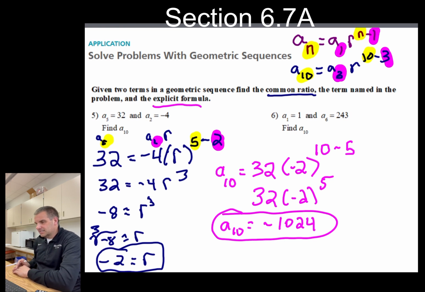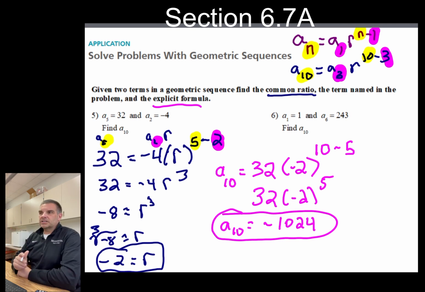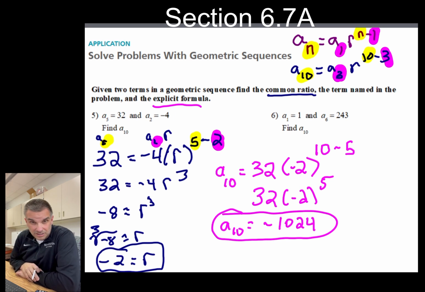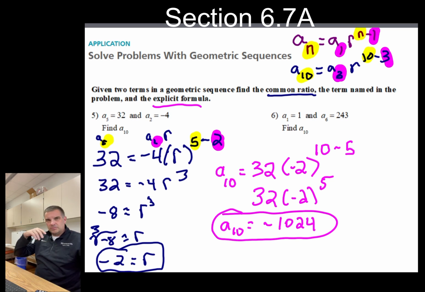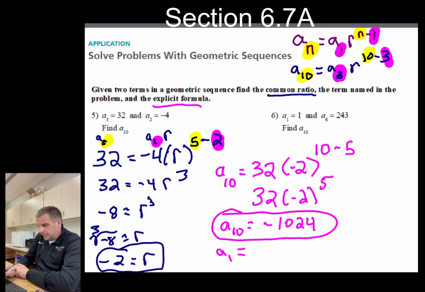The last thing it asks us to do is find the explicit formula. Well, in the explicit formula, you need the first term. We don't have the first term, so we have to find the first term. Now, could you do it backwards just by dividing by your ratio? Sure. You could divide by -2, divide by -2, and get to where it's supposed to be. But just because, we want to find our first term. Our first term is going to equal a term that we have,